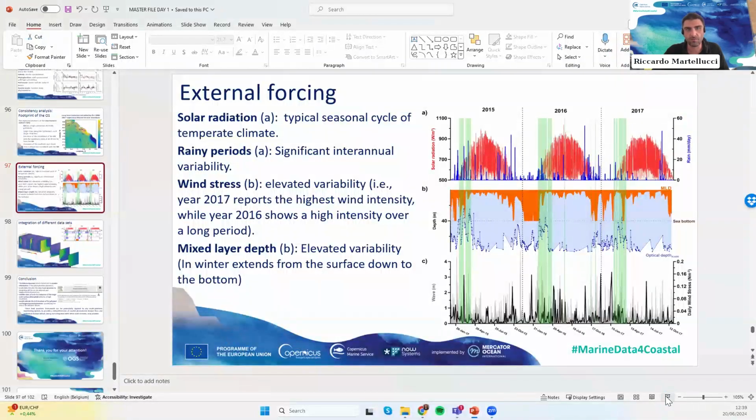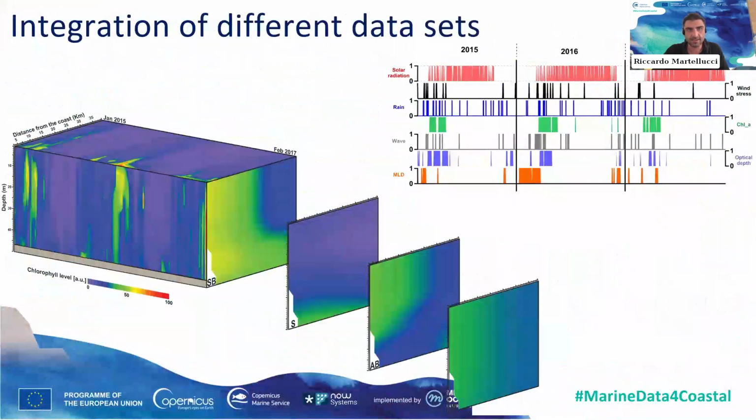So we can use some threshold to define the drivers of this variability, and we can build up merging of the different data sets to have a clear representation of the coastal phytoplankton bloom. Here we have merged all the chlorophyll data to obtain this kind of representation. The satellite can be very useful to cover the surface and the coastal open extension